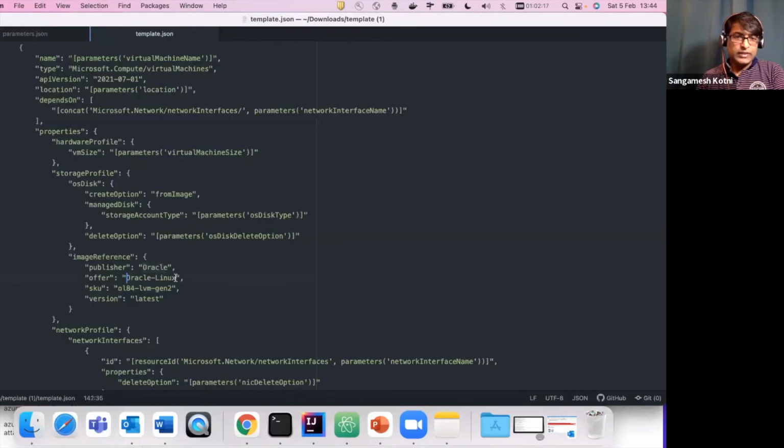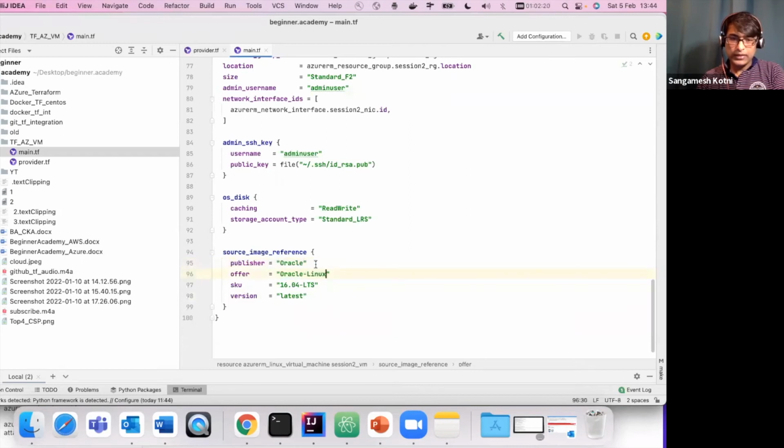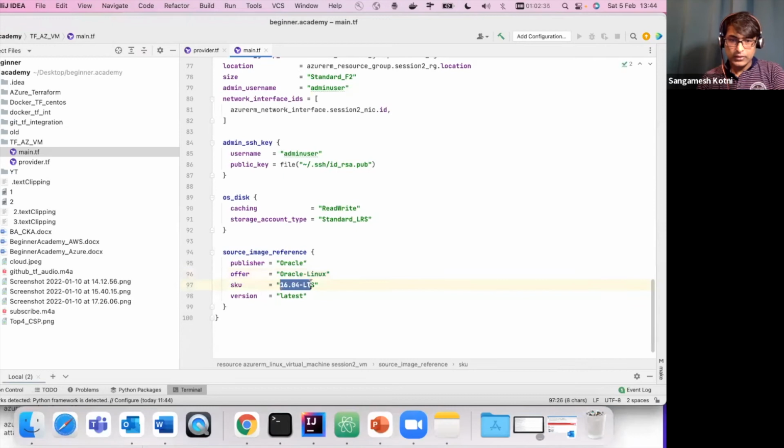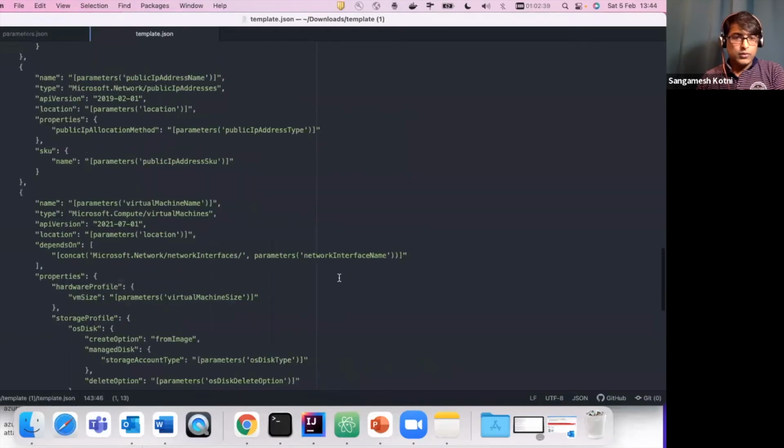So this is basically something you can get from the internet, as well as when you try to create a virtual machine, it will allow you to download the templates, right? So from templates also you can get these details. Okay, so